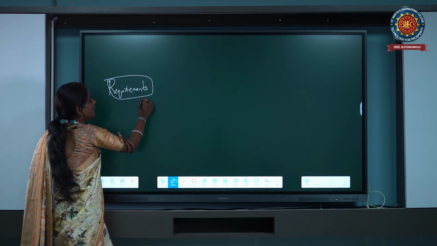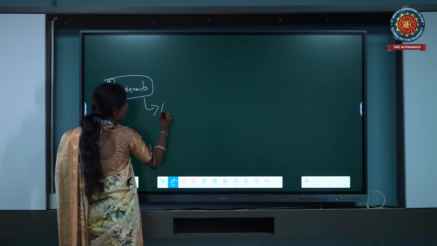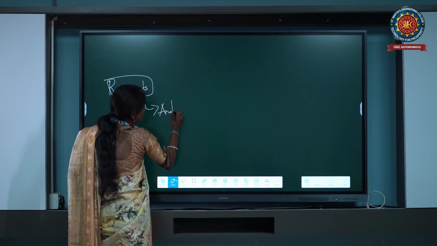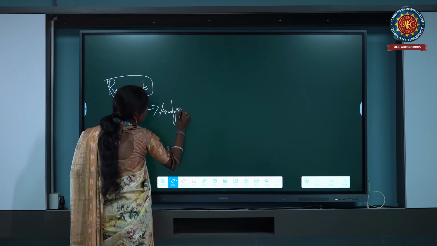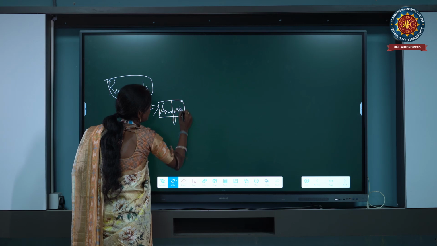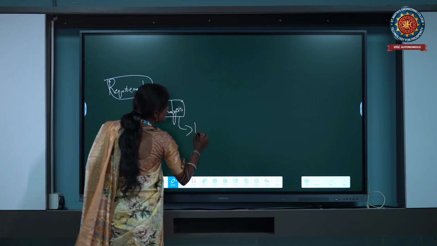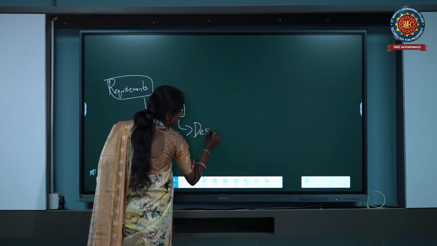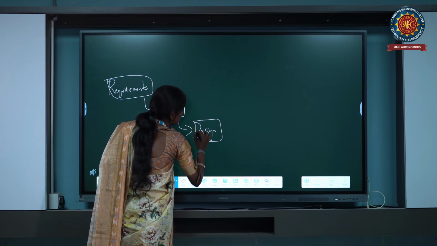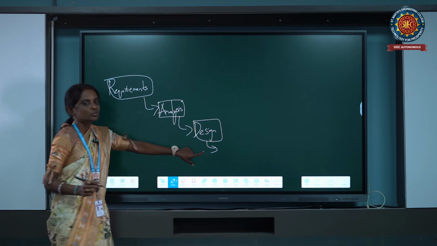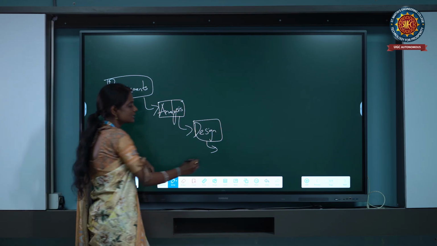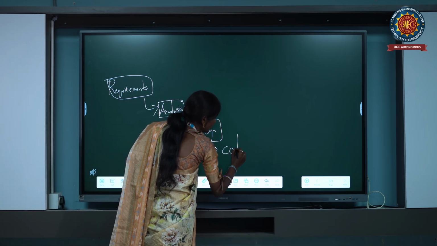After gathering, we'll do analysis, whether the requirements are correct or not. After doing the analysis of the requirements, we do the designing part. Once the designing is done, then we do the coding part. If the design is correct, then we do the coding part.